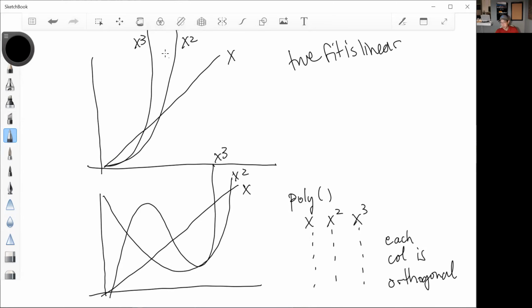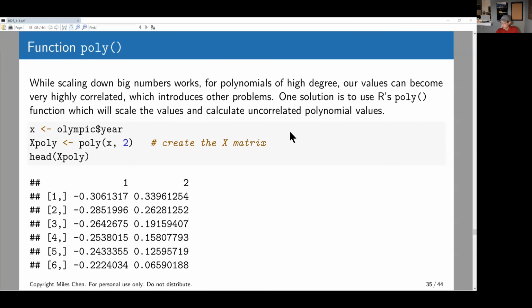going to be some kind of fit between the cubic value, just because the linear fit says, as x gets bigger, y gets bigger, and there's going to be some kind of fit where, if the cubic term gets bigger, y also gets bigger, okay? Whereas over here, because these things are orthogonal, you're only going to find whether there is a cubic relationship or not, or whether there's a quadratic relationship or not. So using poly can help avoid some of those situations. Okay, so we can